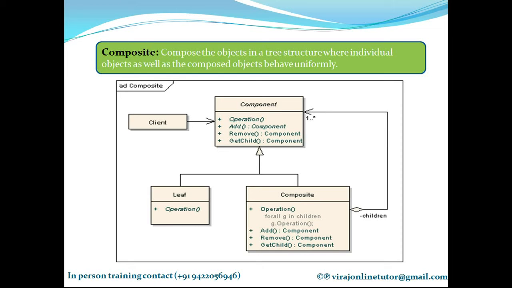So if a list contains a simple leaf object, then directly call its operation function. But if it is made up of a composite object, then call operation function of the composite object, which internally will invoke operation function of each of the sub objects that it has. Composite object internally can have composite object and it can go recursively. So at the end it will end up to a set of leaf objects.